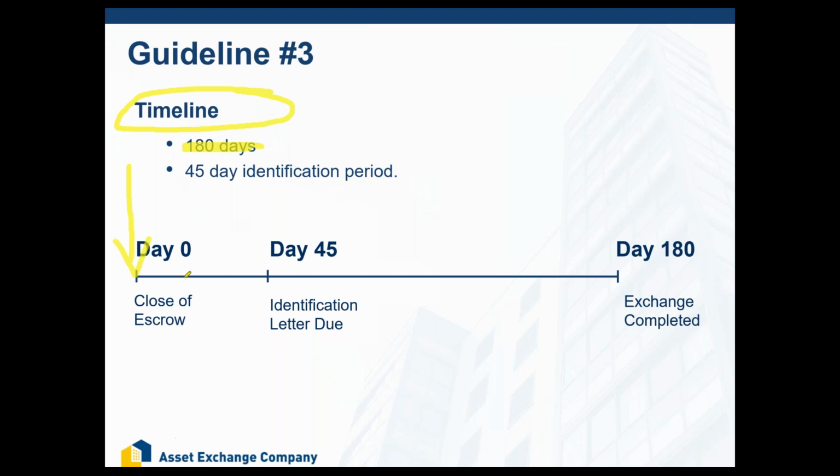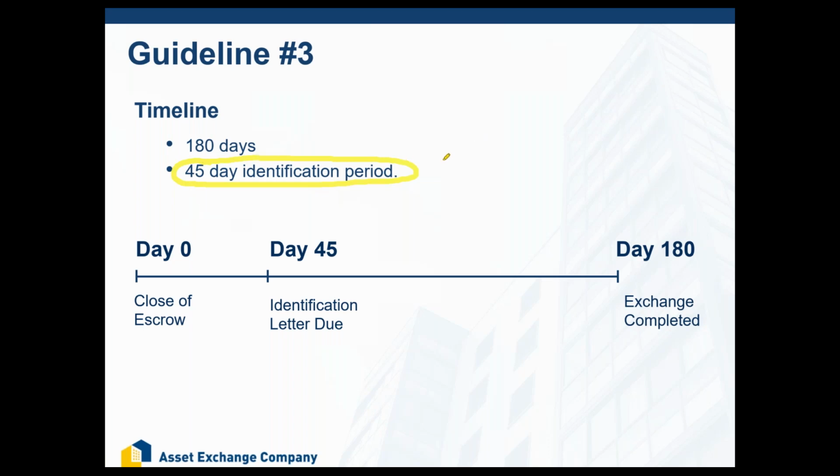All right, so you're going to close escrow on the sale. You have 180 calendar days to go out and buy and close on replacement property. Plenty of time, right? That's 6 months. Most people don't freak out about the 180 days. What is very difficult about the 1031 exchange in today's market especially is what you have to do on day